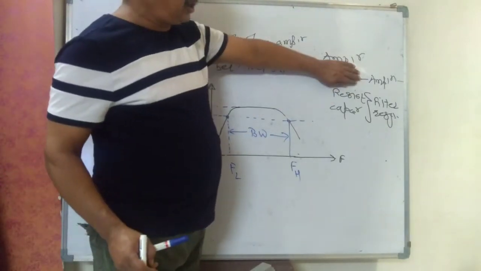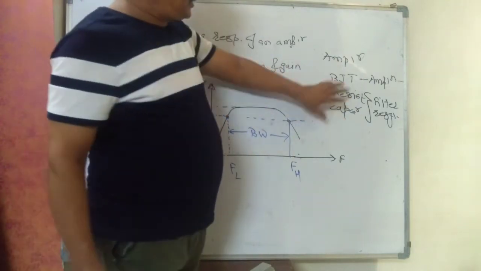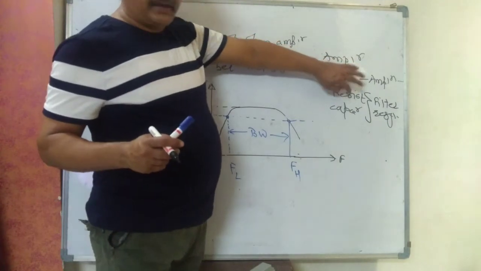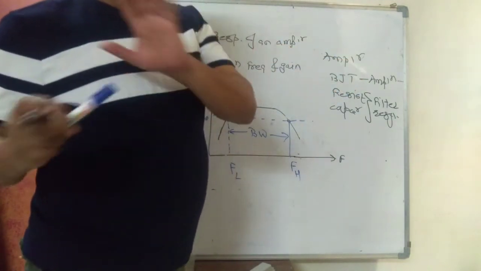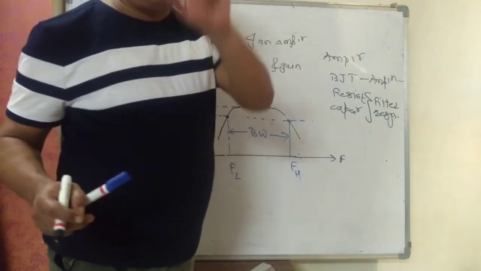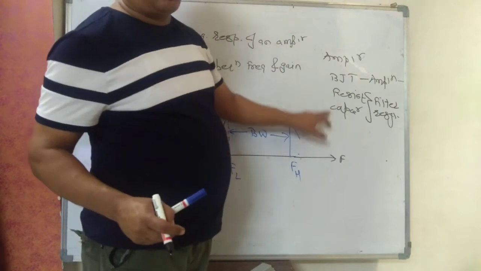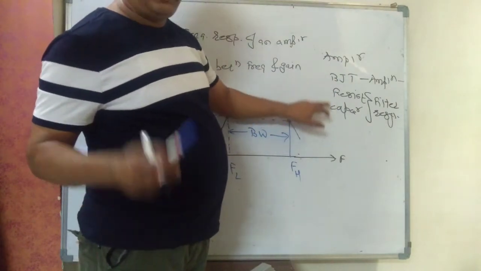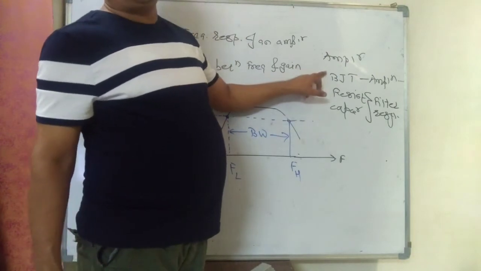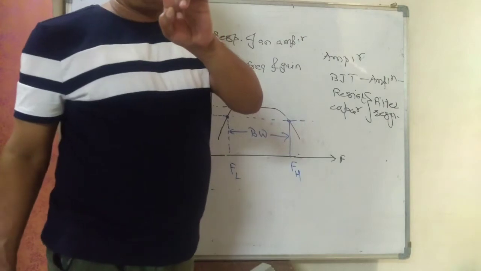If BJT is not there, then RC combination will provide maximum output equal to input. In RC combination, output will be equal to input maximum. No amplification. Maximum gain will be output upon input. If output and input both are same, maximum gain will be 1 for RC combination. If you want increased gain, then you have to connect BJT. RC combination will provide maximum gain of 1.